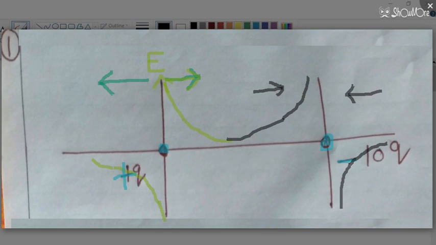The null point is near the smaller charge. I have explained it earlier during my lecture that if two charges are of opposite sign, one positive and one negative, then the electric field will be 0 near the smaller charge. Like here will be the null point, and after that the electric field is in the positive direction, that means after that the electric field will be in this direction. I hope this is clear to you.